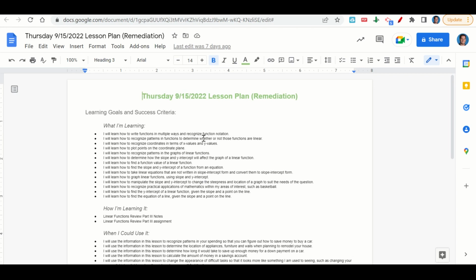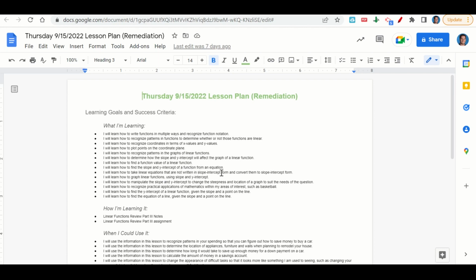determine whether or not those functions are linear, to recognize coordinates in terms of x values and y values, to plot points on the coordinate plane, to recognize patterns in the graphs of linear functions, to determine how the slope and y-intercept will affect the graph of a linear function, to find a function value of a linear function, to find the slope and y-intercept of a function from an equation, to take the linear equations that are not written